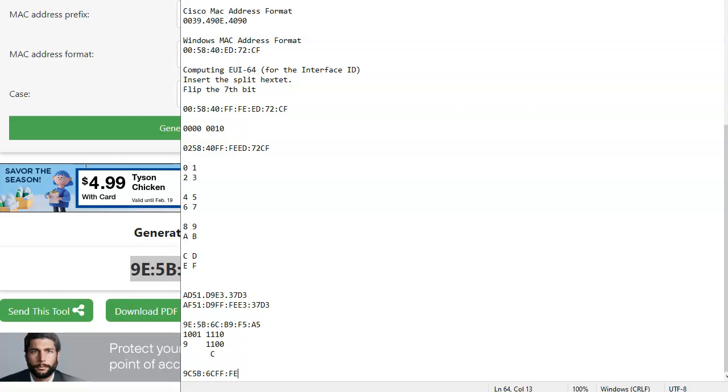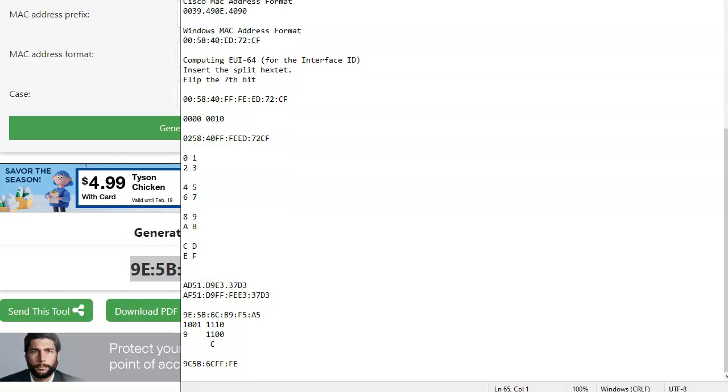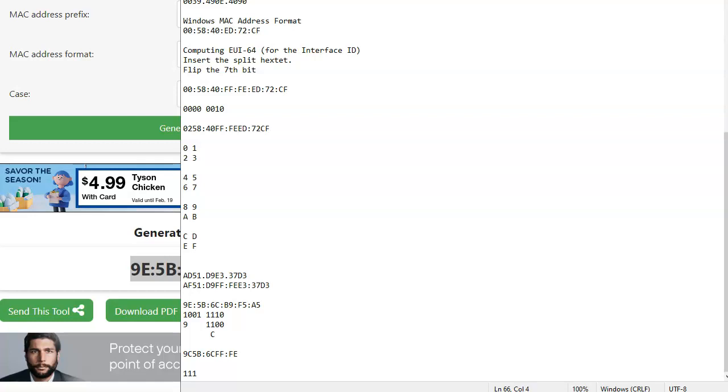I don't know why they chose FFFE, other than the fact that when you look at it, that's FF, and that's FE. Other than the fact that it's just a sequence of binary digits that can be error corrected, possibly.